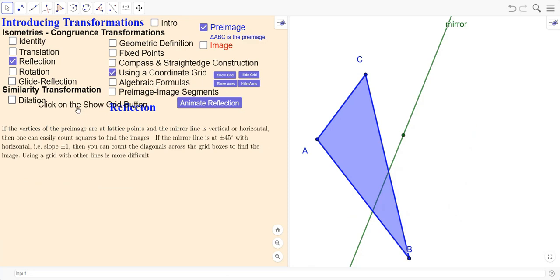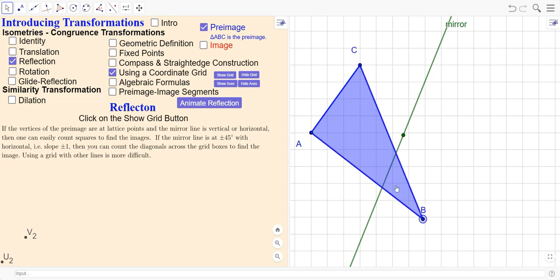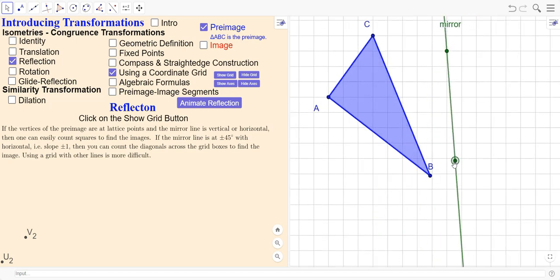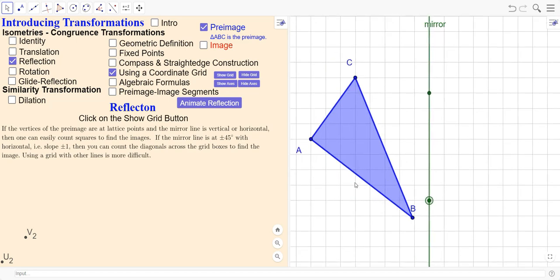Okay, how about if we go to looking at a grid? Well, it turns out that it's a little complicated to look at what's going on with the grid, with a mirror line on the grid. However, if your mirror line happens to be vertical or horizontal, then it really is easy to see where we're going to go,